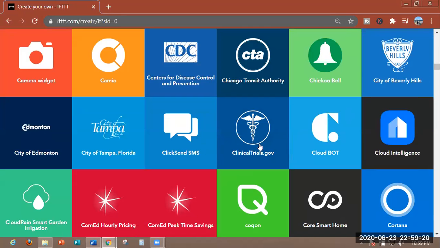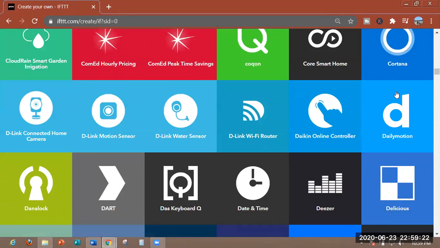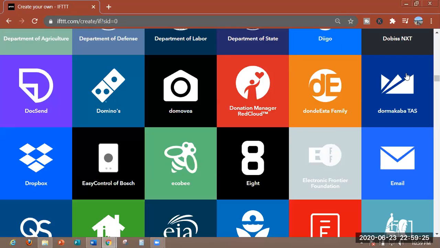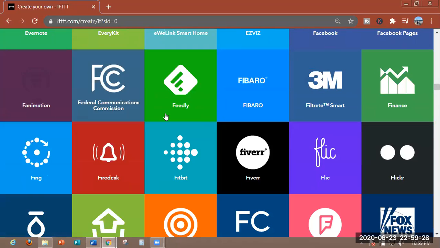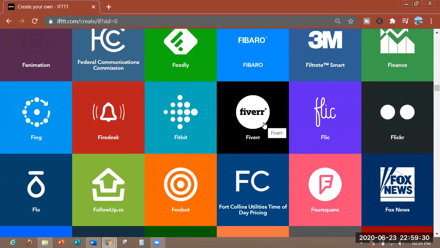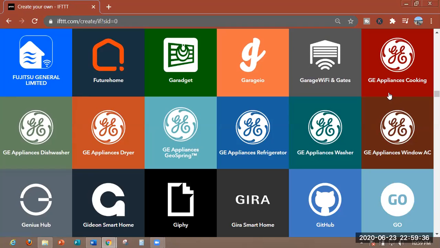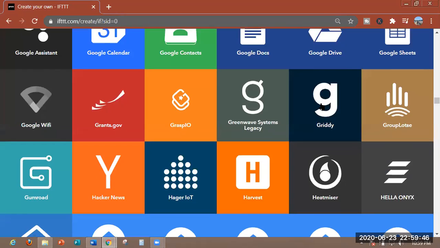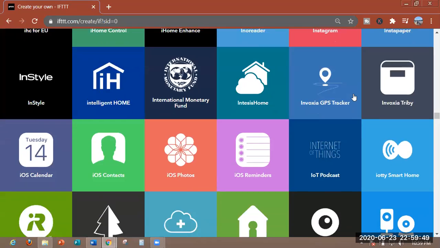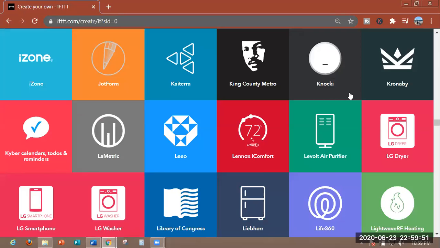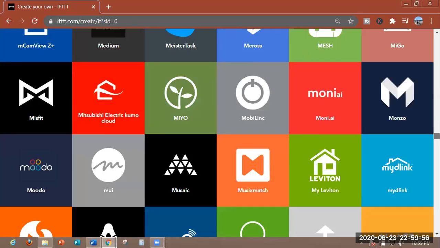You can see even clinicaltrials.gov, City of Tampa, Dailymotion, Facebook, Fitbit, Flickr, Future Home, even GE appliances. You can link these GE appliances to your phone using IFTTT, and other social media apps like Instagram, Tumblr, and even